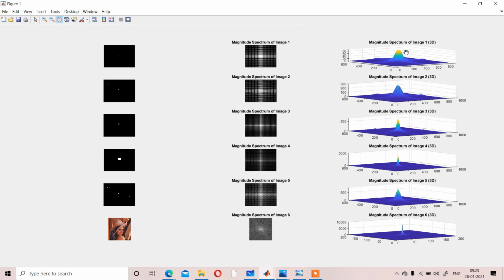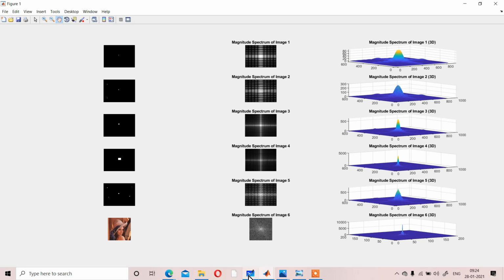So that type of structure you can generate if you use the DFT. The advantage is that if you can generate that type of DFT, you can understand the frequency spectrum of the image, and from that frequency spectrum you can design the filter.